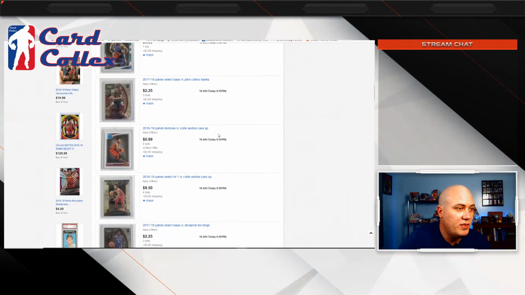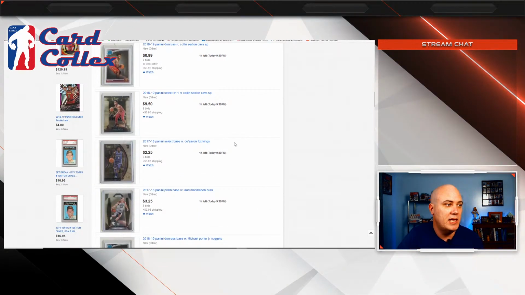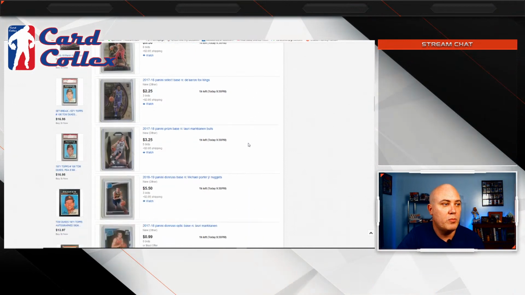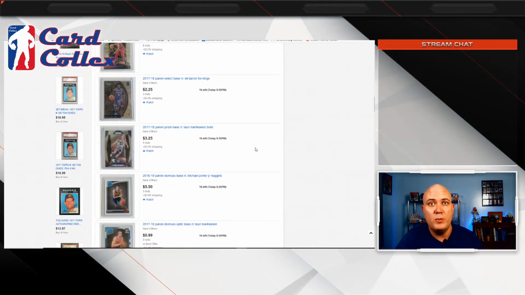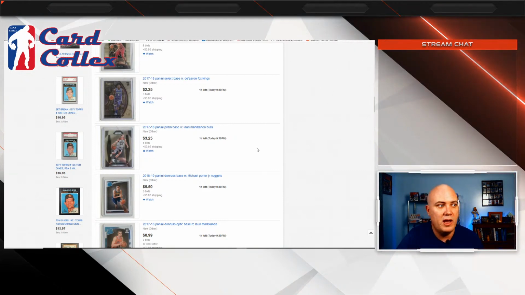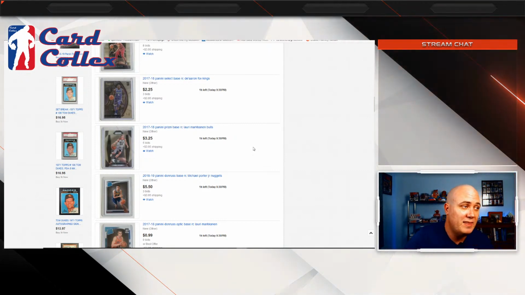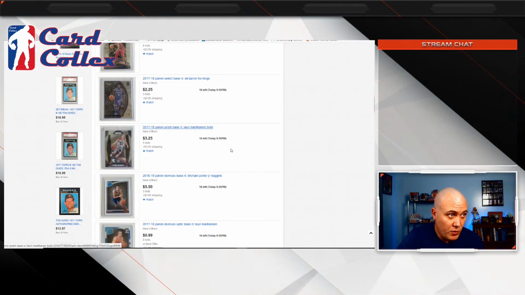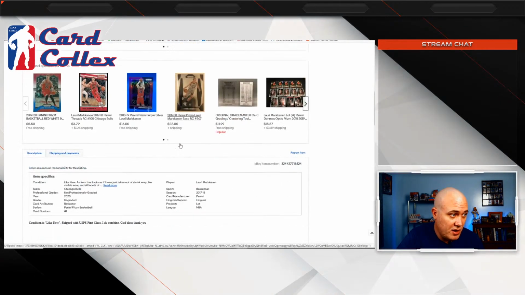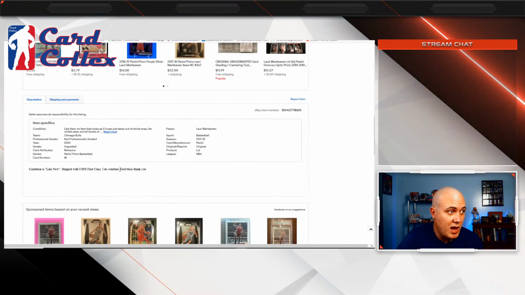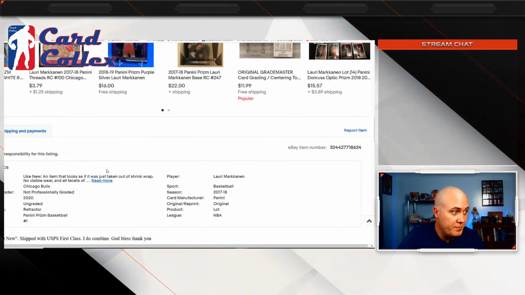The thing that's great about this one is all this stuff's selling at the same time, so you're probably going to have less competition on each card individually than if they were spread out more. But the big thing is that if you go into one of these, I know on one of them he says it, but I do combine shipping, so that means I do combine shipping.